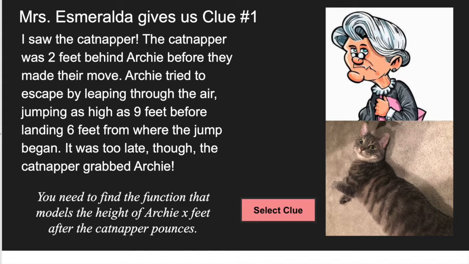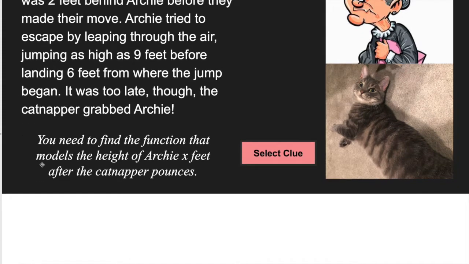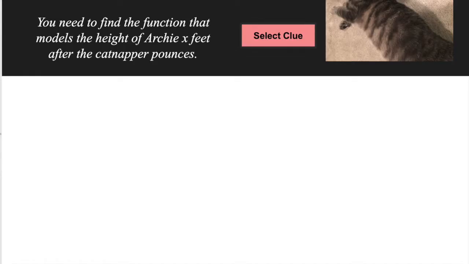The catnapper grabbed Archie. And by the way, before I continue, you need to find the function that models the height of Archie x feet after the catnapper pounces. So one thing I didn't see us doing when you're given these problems is